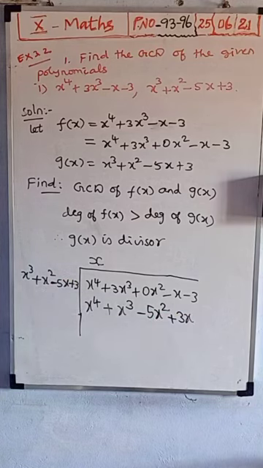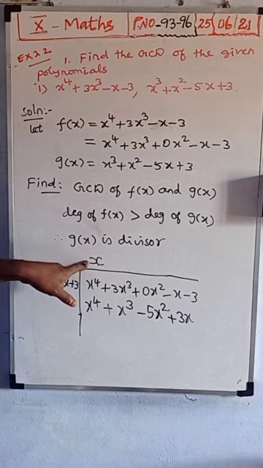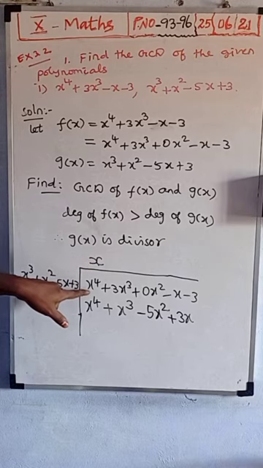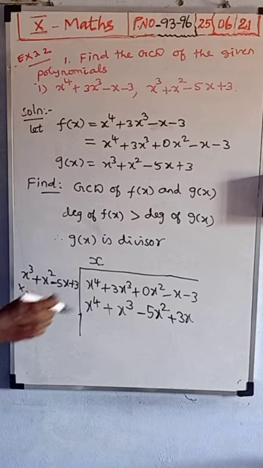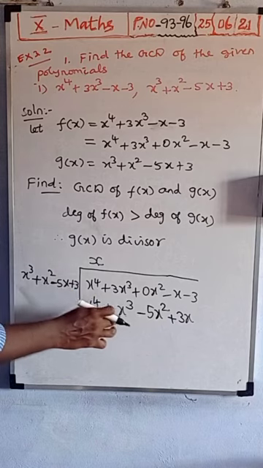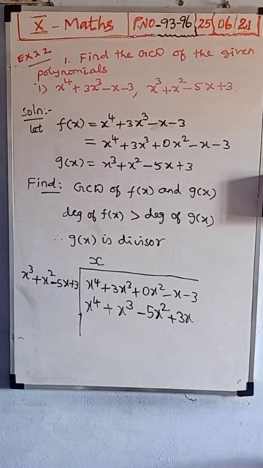Okay, understand? So first here x power 4, here x cube only is there. So always compare with the first term and write the first term of the quotient. The quotient's first term you want to find. For that, here x power 4, here x cube. So that x cube we should multiply with x only, and we will get x power 4. After finding this x, you should multiply all the terms: x into x cube, x power 4; x into x squared, x cube; x into minus 5x squared; x into plus 3, plus 3x.